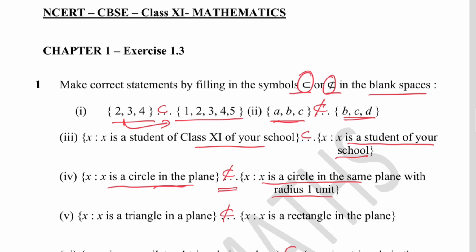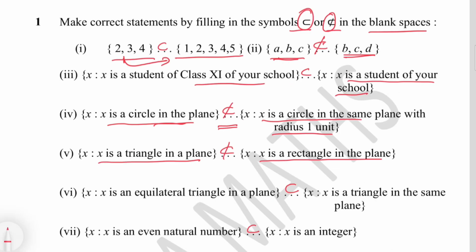And fifth question, X is a triangle in the plane and second set is X is a rectangle in the plane. So set of triangles is not a subset of set of rectangles, therefore the set is not a subset of the second set. And sixth question, X is an equilateral triangle in a plane, X is a triangle in the same plane. So set of equilateral triangles is